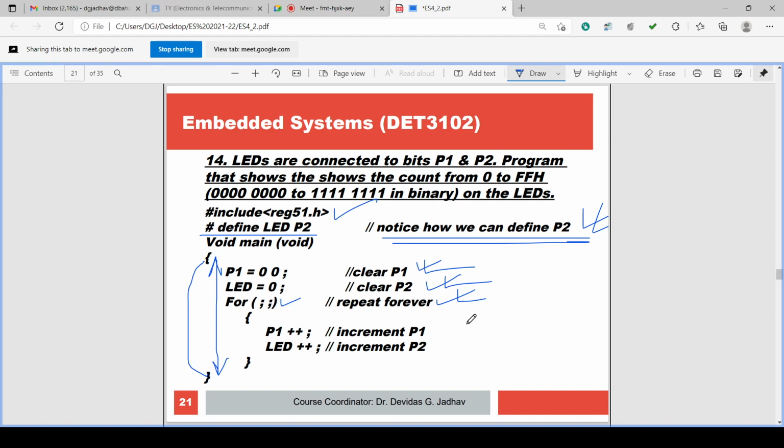Instead of assigning a variable to the port, we assign the value to the port and run the loop by incrementing the port value itself. Okay, that is the difference.